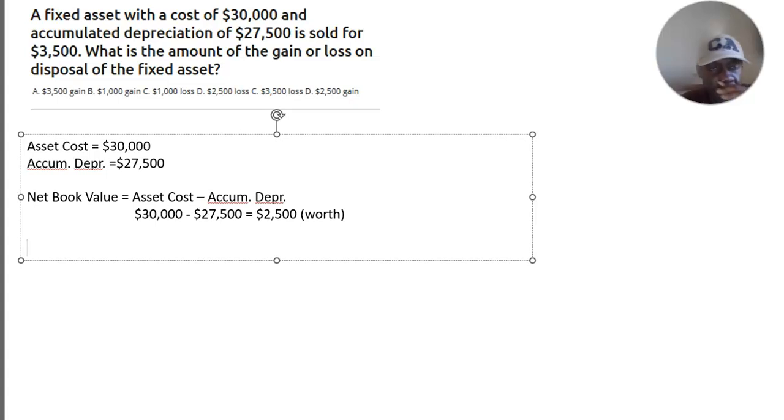So now, how do we know if they made a gain or loss? To calculate the gain or loss, you take the worth of the asset and you compare it to the cash received. So the cash received, right, minus the worth or book value,